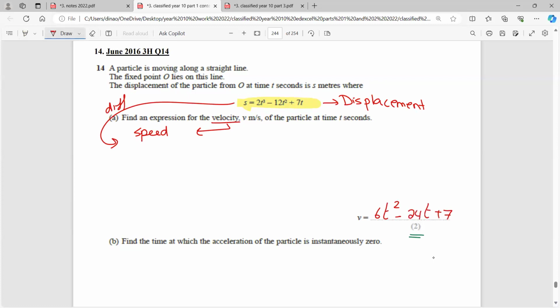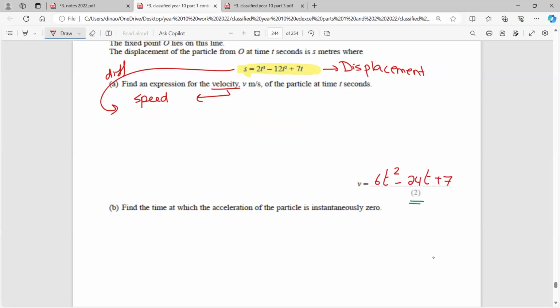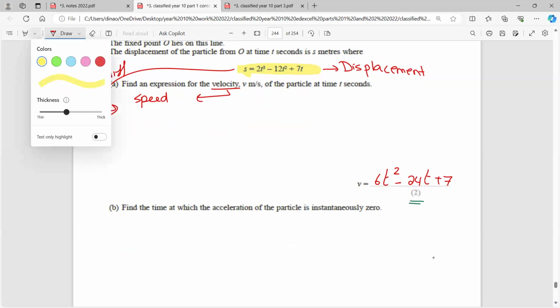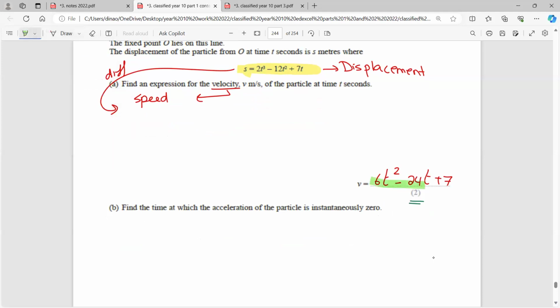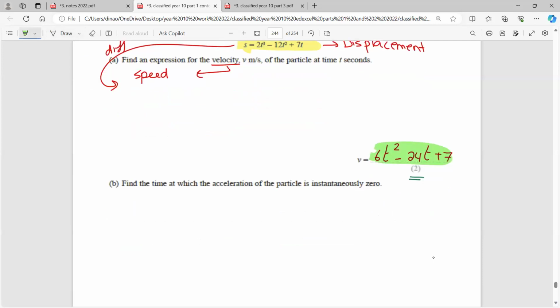I guess at this stage you all know how to differentiate. So the highlighted yellow is distance and the highlighted green is velocity. Here it says find the time. Guys, let's pay attention to the questions. Find the time, meaning I am required to find the letter t, where the acceleration, this is another keyword, is